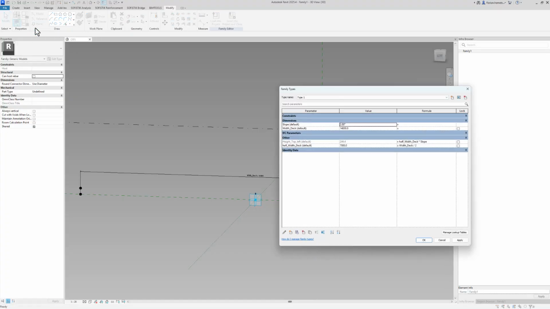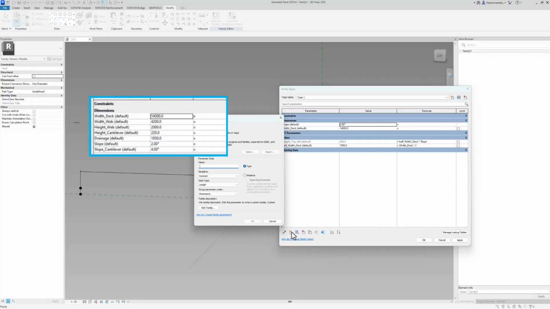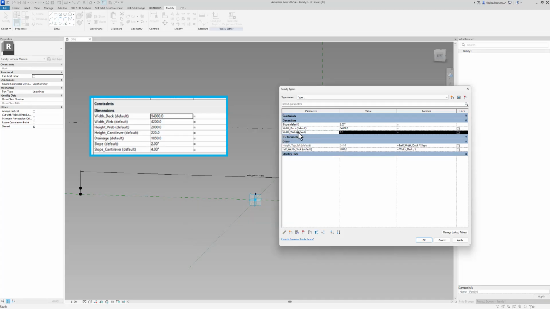Okay, let's create some more parameters, because as for the input, we also want to have a parameter for the width of the web, which is an instance parameter of the type length. We also want to have height of the web. You can also use the duplicate function and just change the names accordingly. Height web.